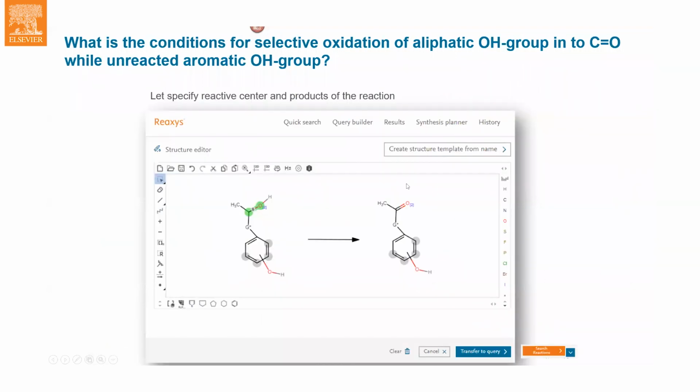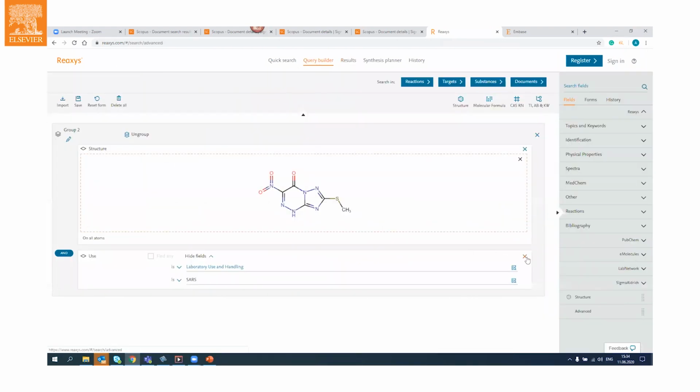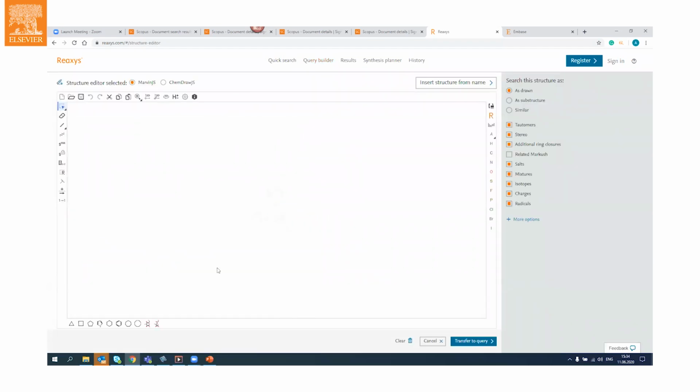Okay. And also a very interesting thing is atom mapping. It makes sense if you would like to show Reaxys that you want to make the reaction on some particular atom. How to do it? I will show you how to use the structure editor for this, but I won't show you the search because we have quite limited time right now. So we are doing this search as we previously agreed.